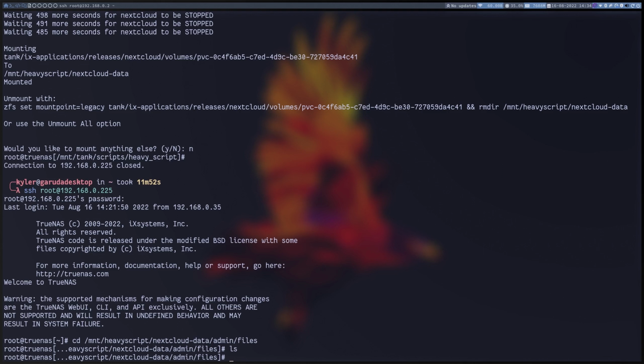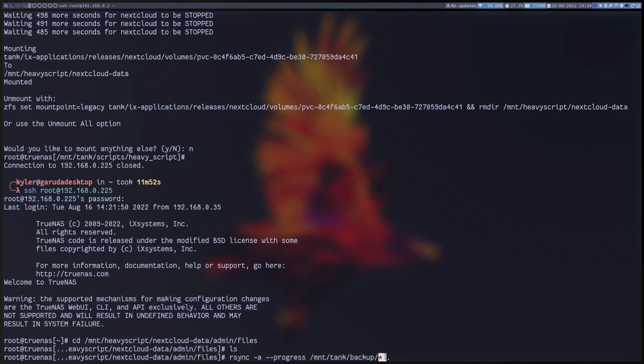I'm going to ls into files, and since I deleted everything, I just showed you I deleted everything, there's not going to be anything here. And now we just need to do this rsync thing once again. As you see, I only changed a few things. I changed the folder that we're copying from, and then I changed the folder where we are going to be placing stuff. So this is basically just saying that we're going to take everything that's in our backup folder, literally